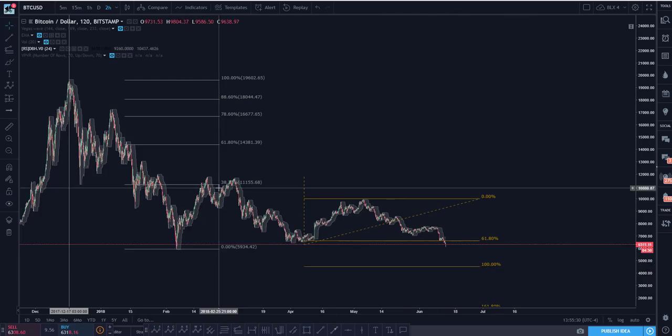I would favor the other 2 possibilities if this was next. Now, what if this is an impulse? Aside from what Sam's count is, which is the 1, 2 hanging by an ass hair, what would other likely possibilities be? Well, a zigzag can look like a flat. The guideline is that the B of the zigzag can't literally go beyond the A of the zigzag, but